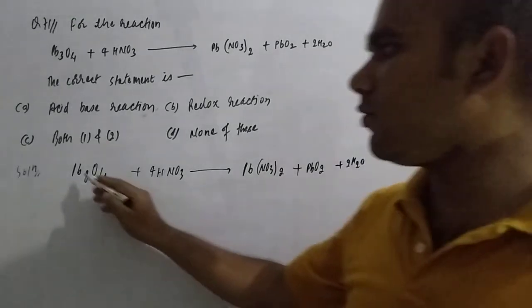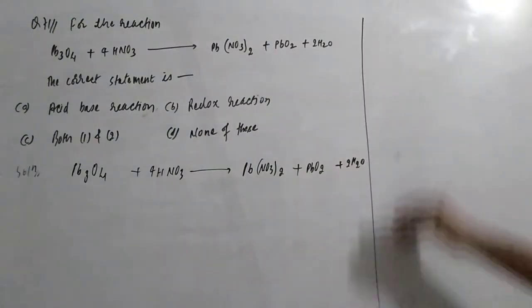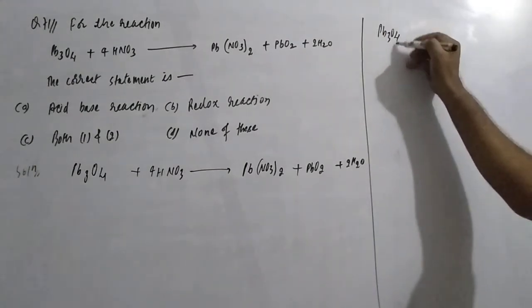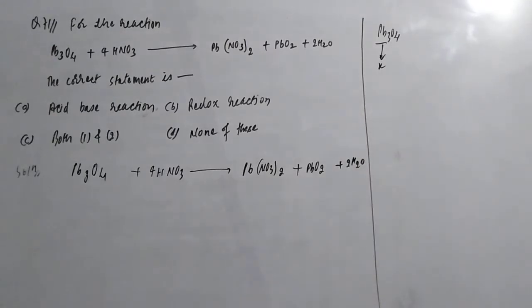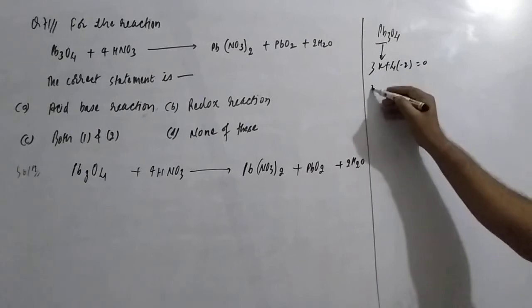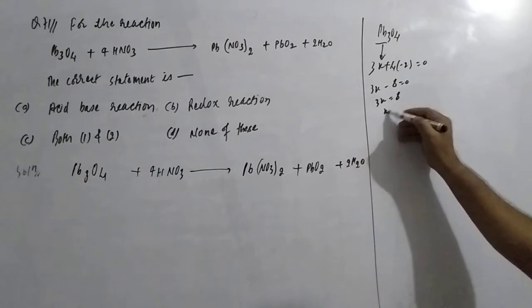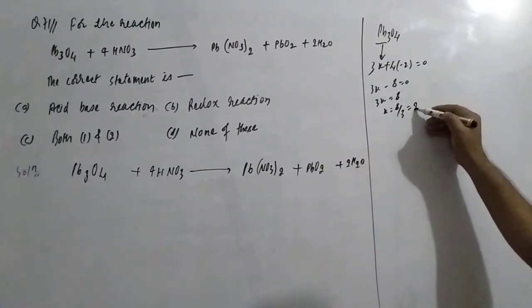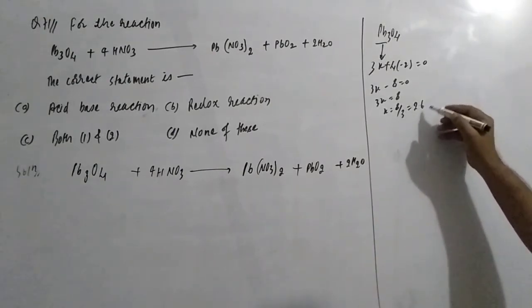Right? Now Pb3O4, student. We are going simultaneously, doing rough work also, calculating in a better way. If you are going for Pb3O4, what is lead oxide? Let us consider the oxidation number of Pb as X, student. How many lead are there? 3 are there. So 3X plus 4, each oxygen being -2, equal to 0. So 3X minus 8 equal to 0. So 3X is equal to 8. X is equal to 8 by 3, which is 2.6.